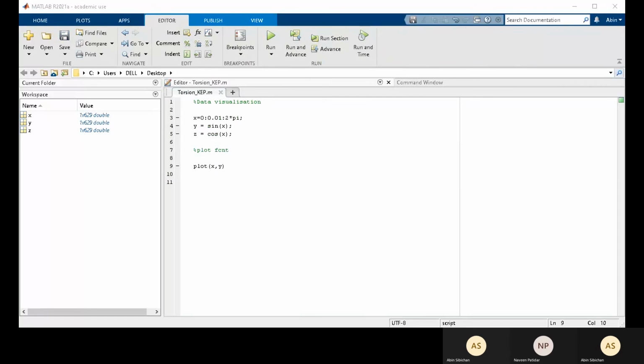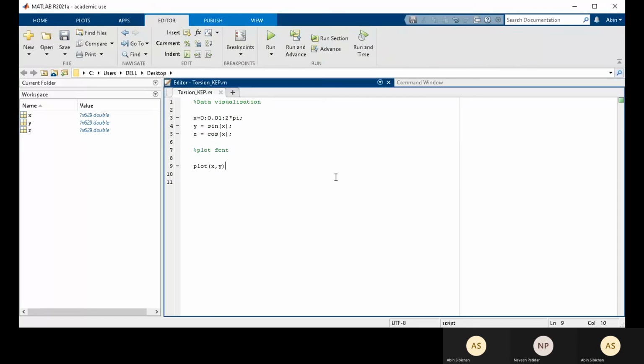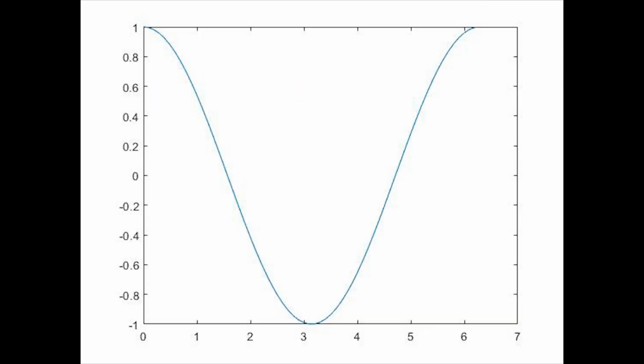So this is our x from 0 to 2 pi, and y is our sine function, starting from 0. Similarly, if I want to plot the cos function, I can give x comma z.